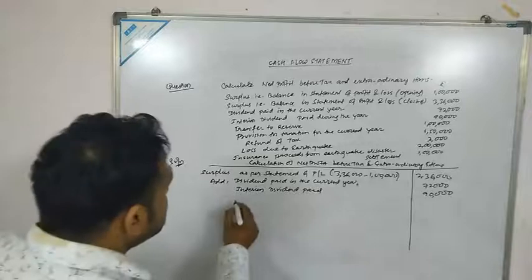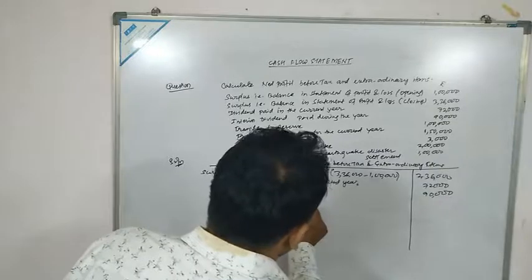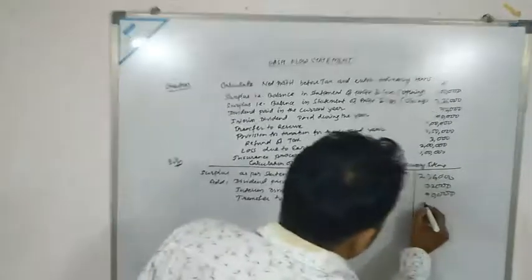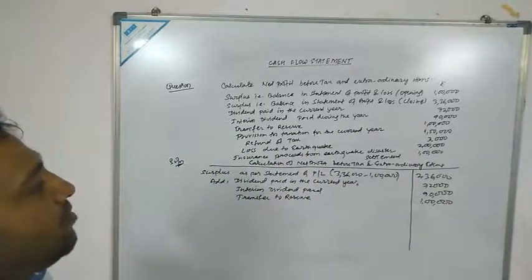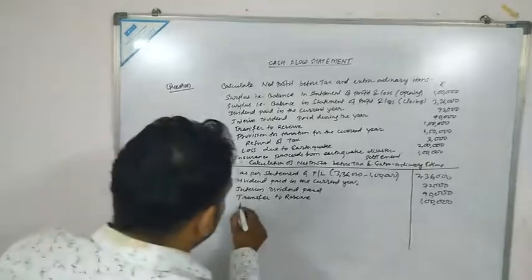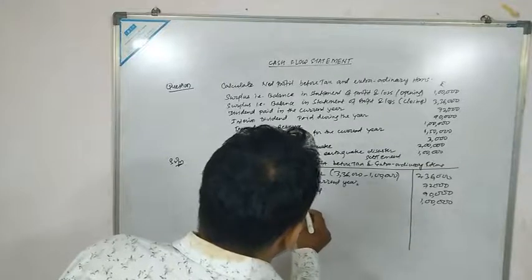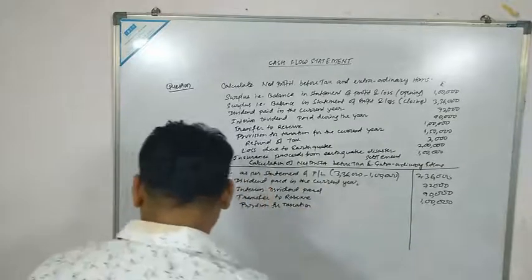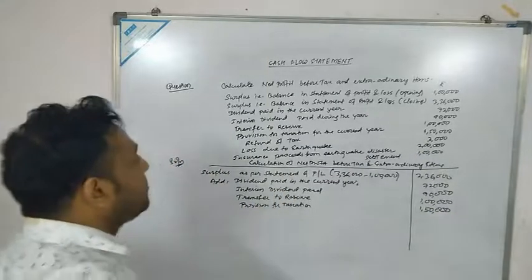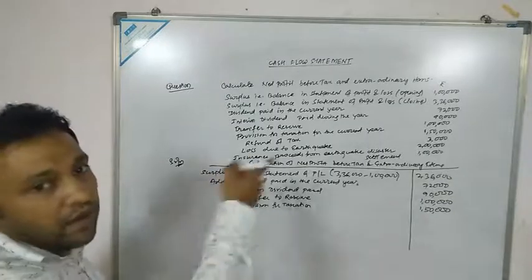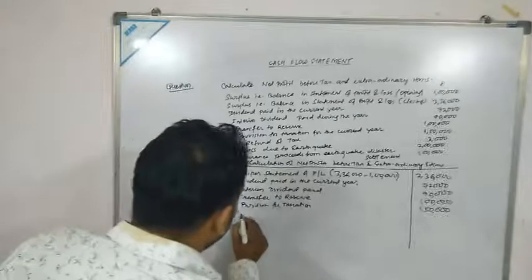Okay. Next is your transfer to reserve. So add transfer to reserve. Whatever the reserve item is, how much is it given? 1 lakh. So that item would be added. Next is your provision for taxation for the current year. Only one provision is given, so that will be considered provision for taxation. So that would also be added. How much? It is 1,50,000. Okay. Refund of tax तो क्या होगा? माइनस होगा क्योंकि पैसा आ गया, क्रेडिट हो गया होगा. Loss due to earthquake expense है, so it will also be added.